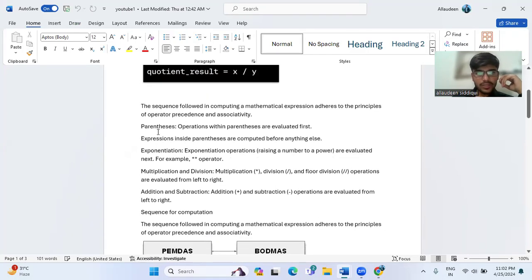Okay, so we will see first what we will do. Parentheses: operations within parentheses are evaluated first. Okay, if we have an expression which is in